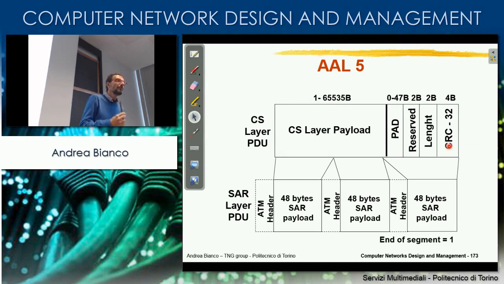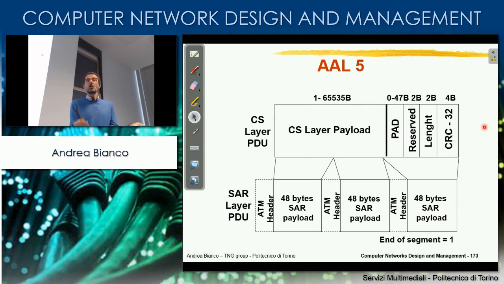That packet is missing. So what happens in this AAL5 if there is a packet missing? A cell missing, sorry. You will get those cells, except one. You don't know which one. You put them together trying to rebuild this original packet. Of course, the length will be wrong because you have missing bytes. The CRC will be wrong. And so you will detect that this packet must be dropped,